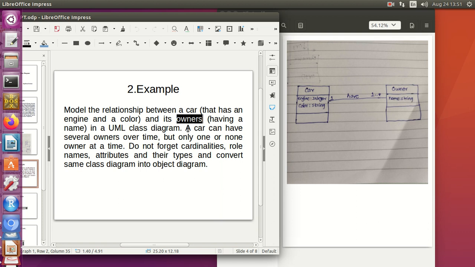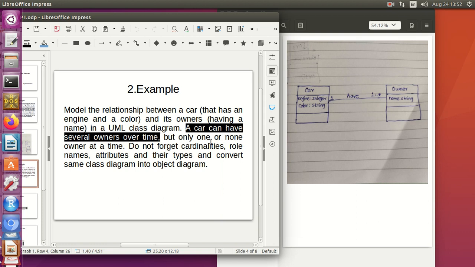After that, a car can have several owners over a time. Using these descriptions we have understood that this description is for the multiplicity. A car can have several owners, that means one car has one or more owners. So we have added the multiplicity.